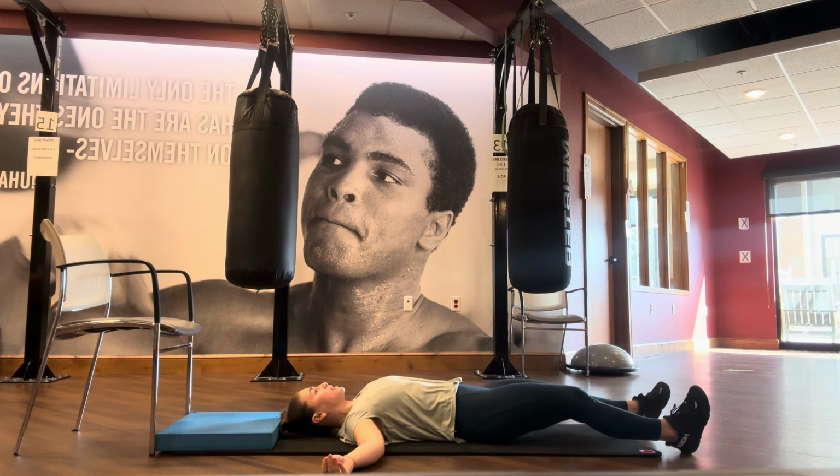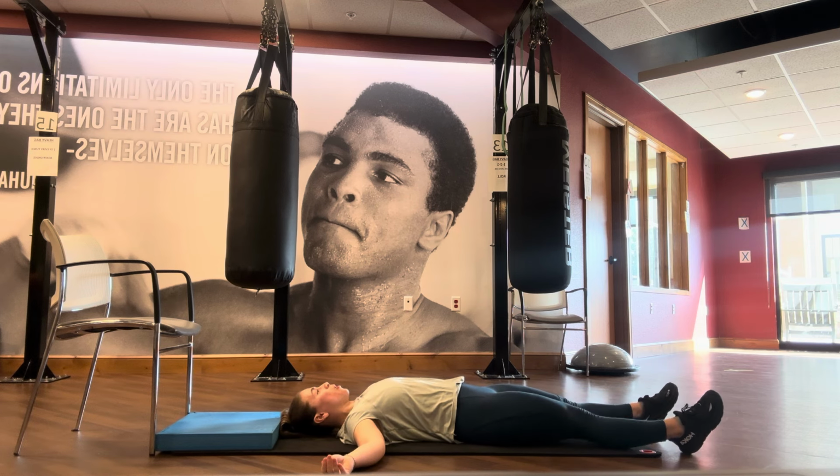When we find ourselves in this position, I want you to think about all the muscles you have in your body and that you are capable of utilizing to get you up off this ground into an upright position. So the first step of getting up off the ground is trying to get to an upright position. So we're going to try